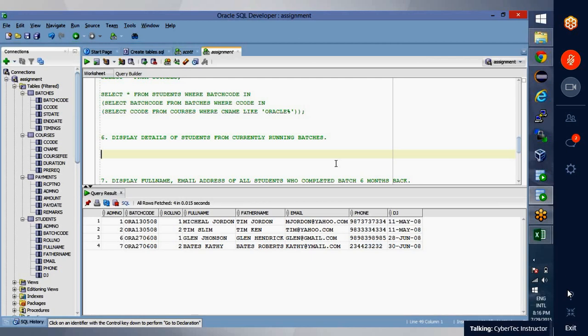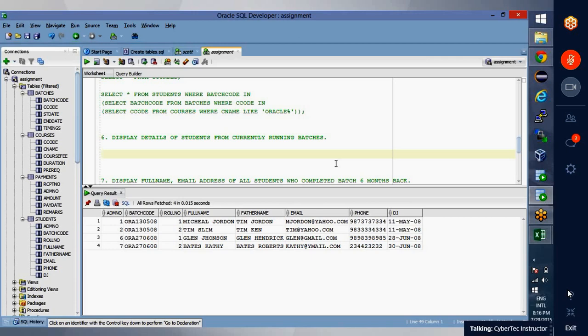Yeah, tell me the subquery first. Select batch code, ended from batches, where